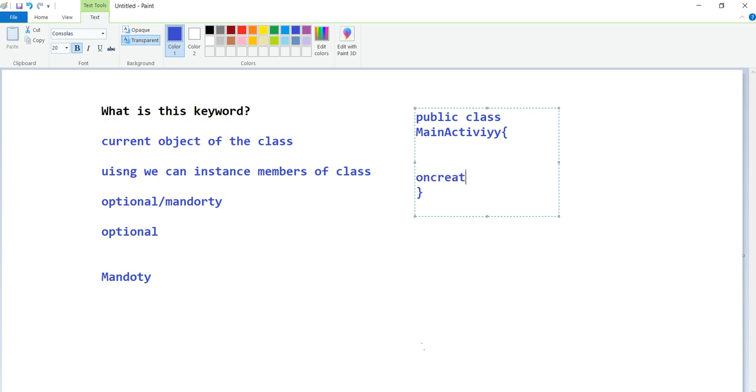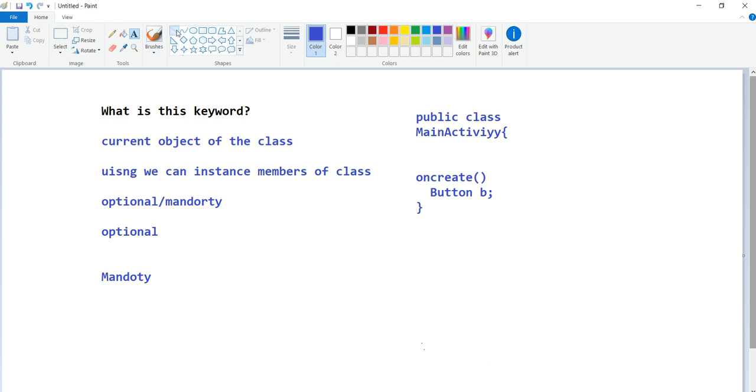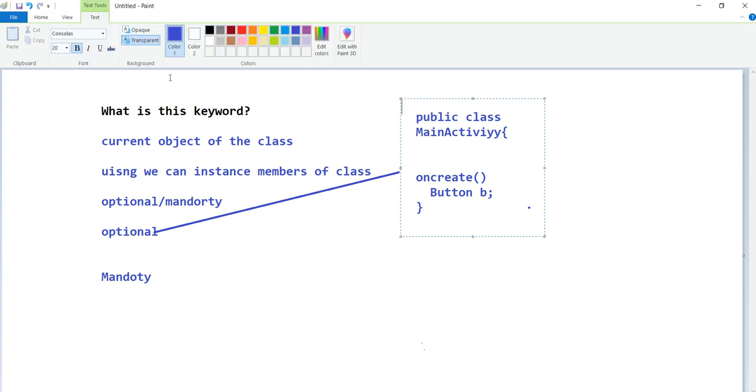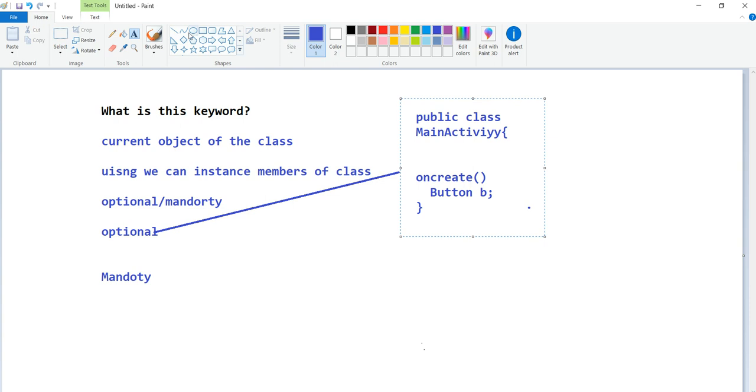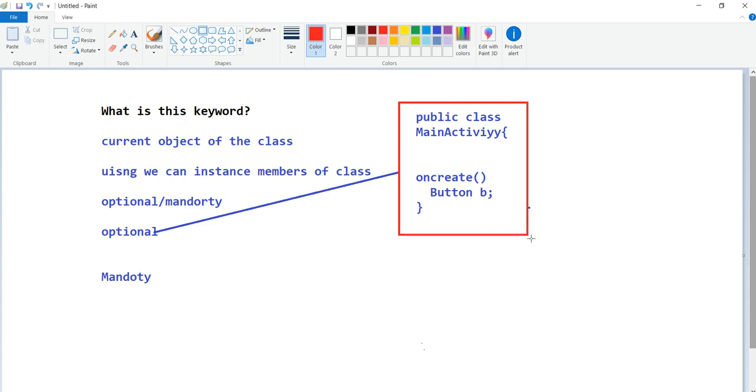Here, whenever I declare a Button inside it, there is no need to use this, it is optional. But whenever you declare it above, outside the method, it's mandatory.